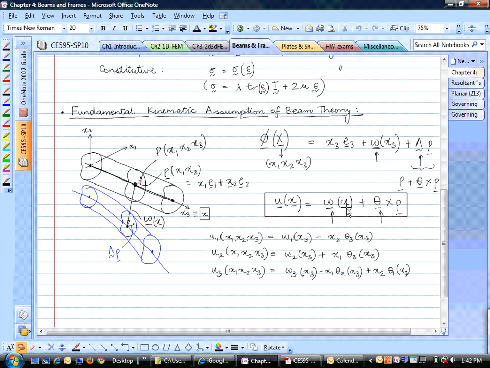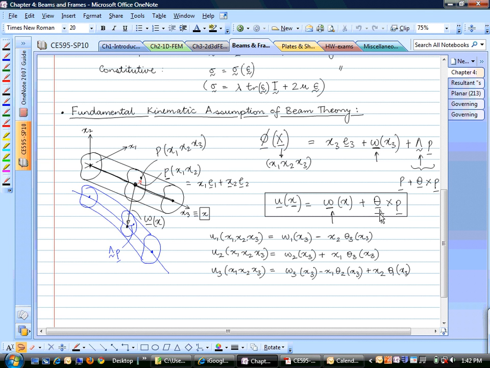What this x denotes is the coordinate along the centroidal line. So to calculate where this point x goes, all we need to do is find where the centroid went and find what was the rotation of the cross section. The rotation of the cross section is denoted by this theta vector. And again,